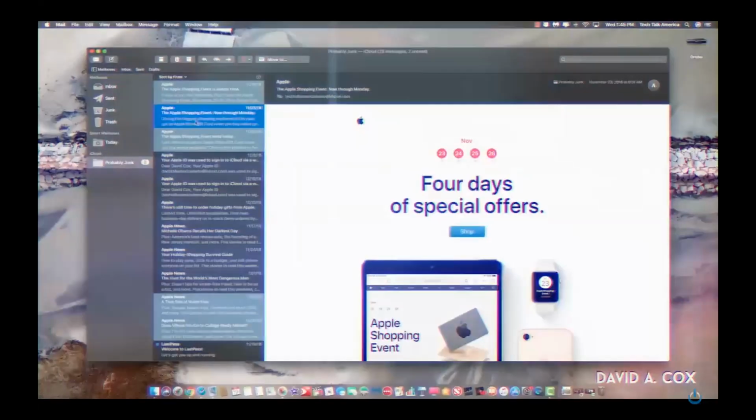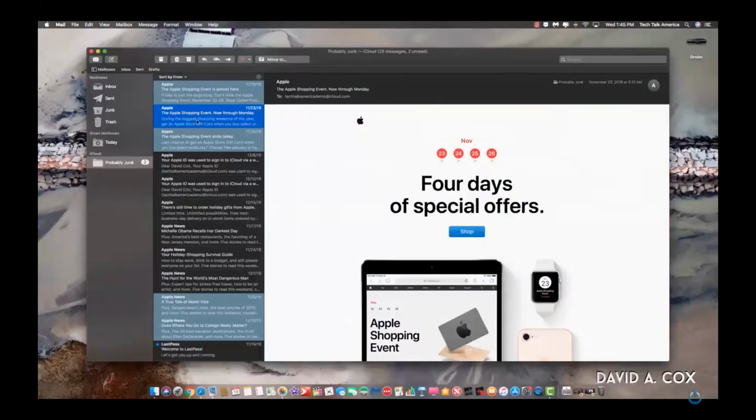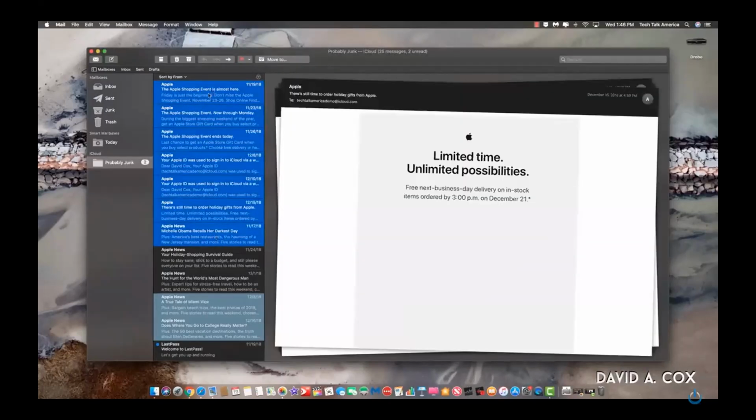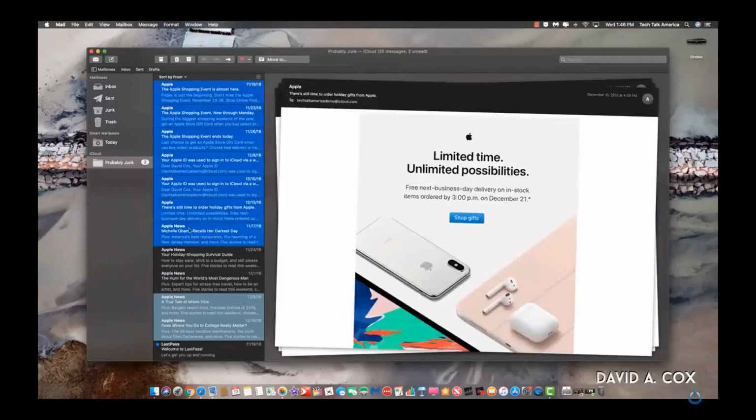And now from here, it should be fairly easy for you to quickly delete all of these messages. If you're not aware of it, one of the ways that you can select large amounts of messages at a time and delete them is if you click on the first item, then hold the Shift key and click on the last item, all of the emails in between will be selected. Then from there, just simply tap the delete key.